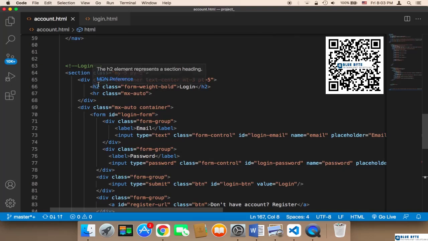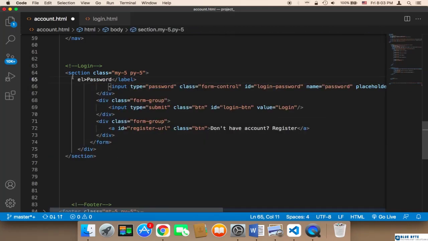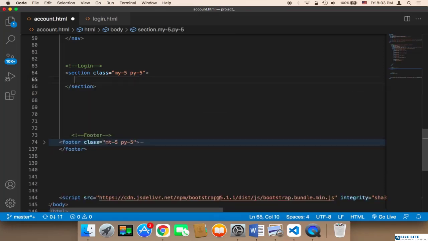section. We need to actually remove pretty much everything. Let's remove everything and start over. I'm just gonna keep the section because we need the section. And here instead of login I'm gonna say account. So we have the section, and the section will have the margin top and bottom 5 and padding top and bottom 5. Now inside this section we need a div as usual,